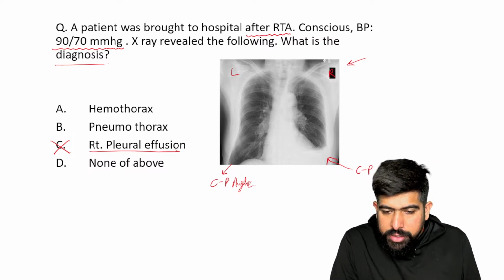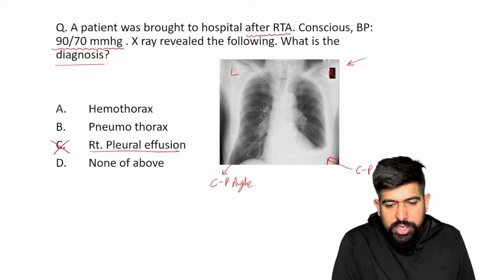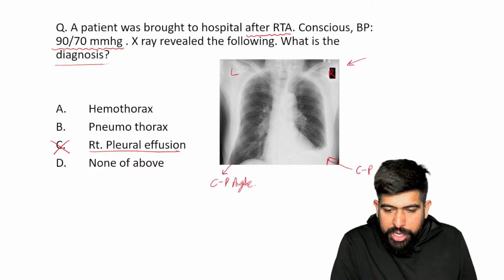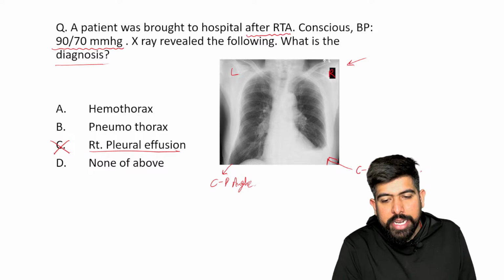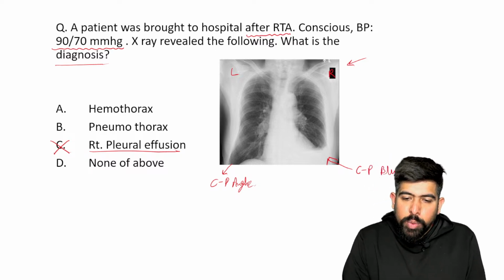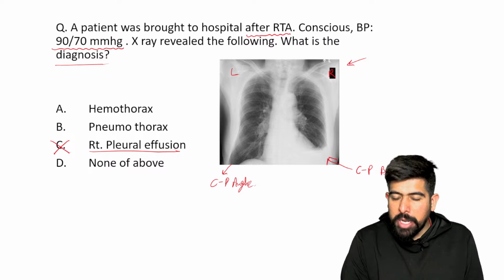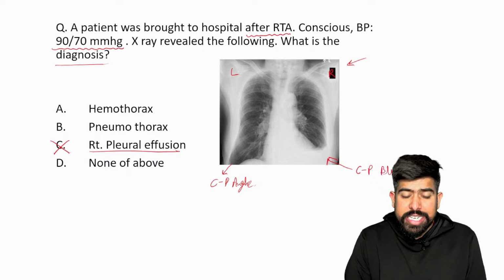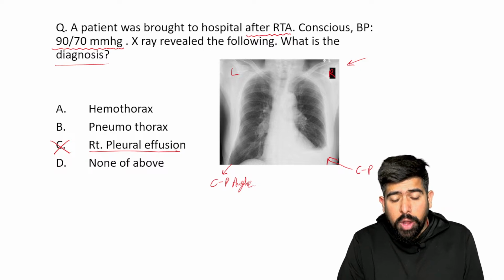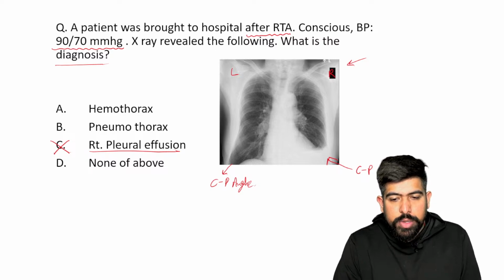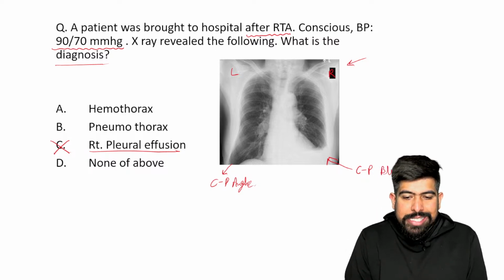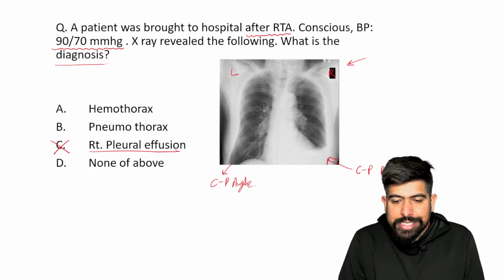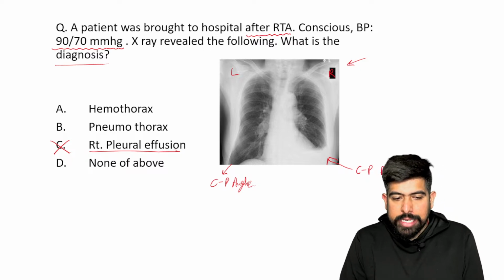Yes, right-sided, I already agree with you, doctor. It could be effusion because blunting is seen on the right side. But please let me know, in pleural effusion, would the blood pressure decrease, and would there be a need for an RTA? The options are given to you. Please remember, the clinical history given is RTA, road traffic accident. Yes, blunting on the right side is seen, I agree with you. But let me know, is it a possibility?